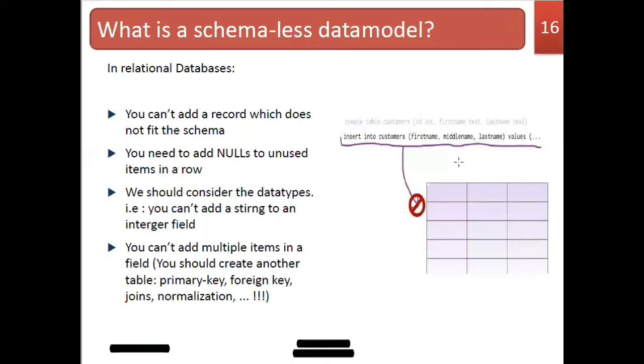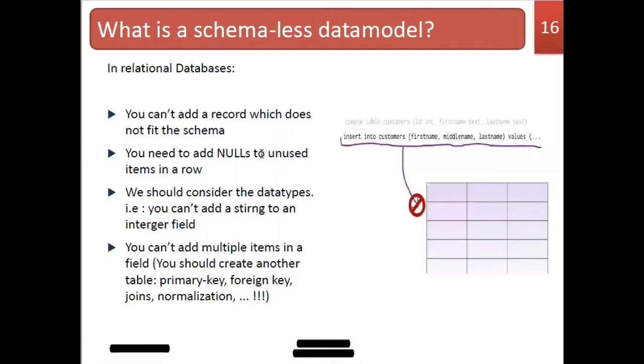So that's the example given here. Then these are the points. You cannot add a record which does not fit the schema. So whatever record, whatever update, or whatever insertion you want to do in the database, you have to follow the schema strictly. Then you need to add null to unused items in your row.